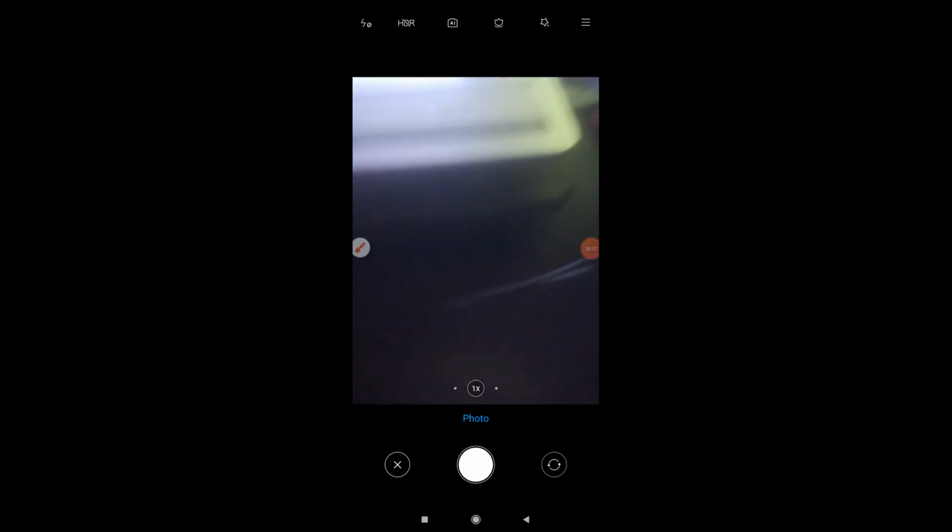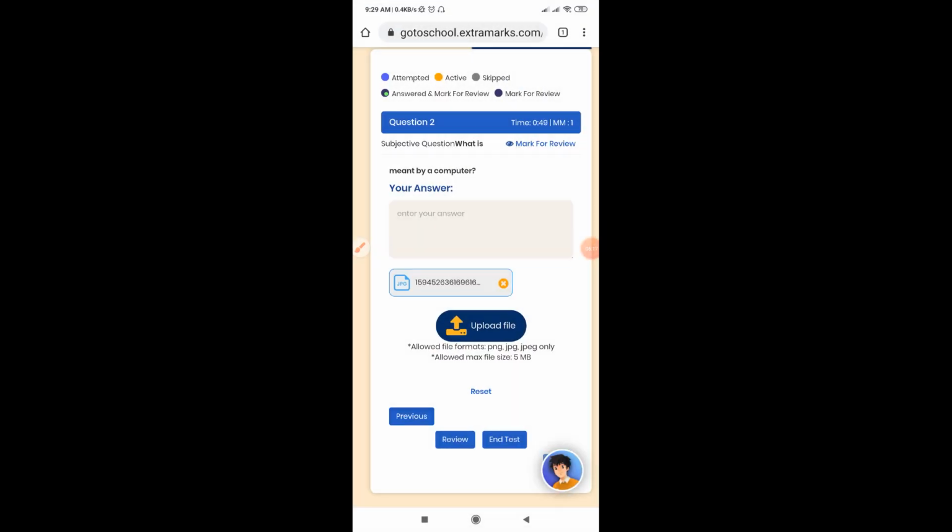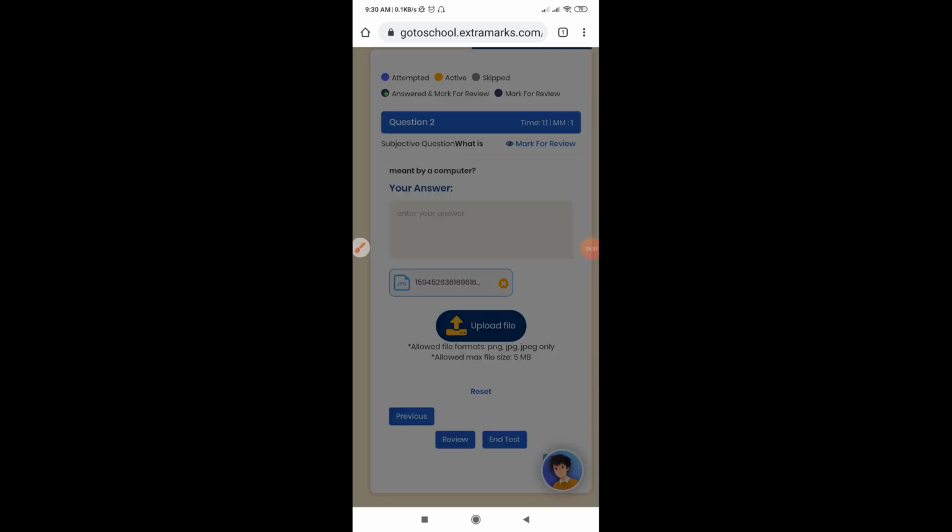Now this answer you can write on a paper and you can click picture of that paper and press this right button. Your picture will be uploaded here. Now remember, this option is available only when you are giving exam through a mobile. If you are giving exam through a laptop or desktop, this option will not be there.